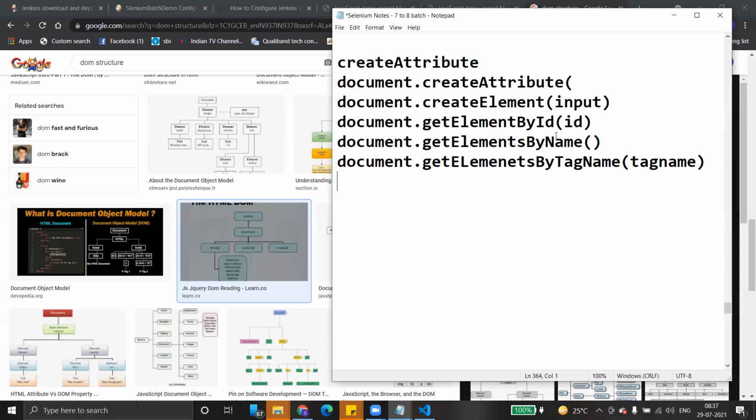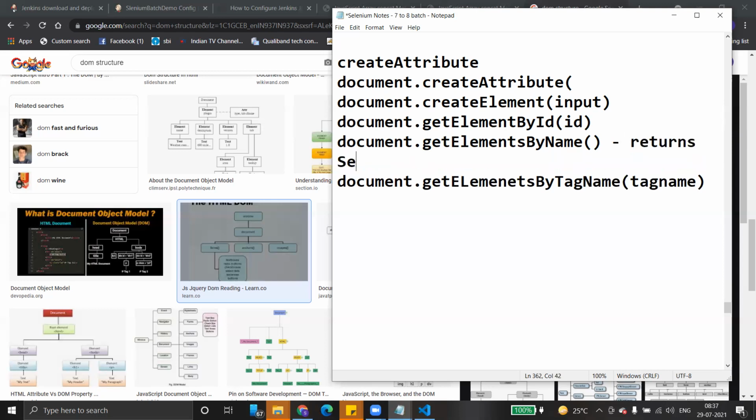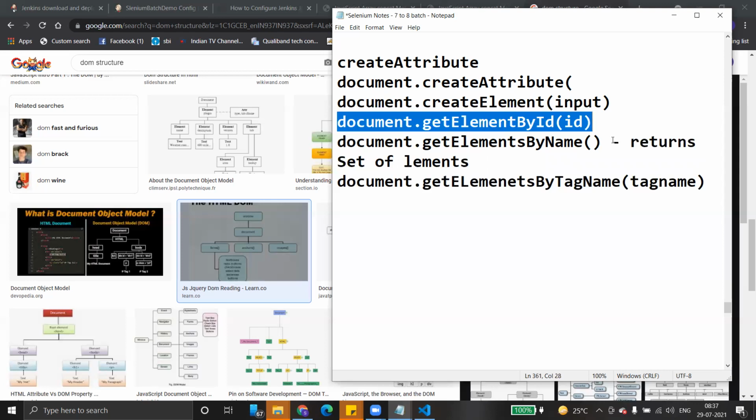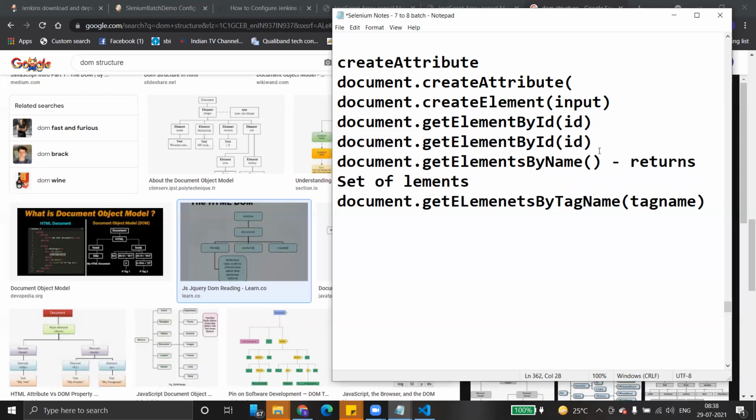Not only elements actually; these basically return a set of elements. If you want to fetch only a particular element, getElementById can be used.